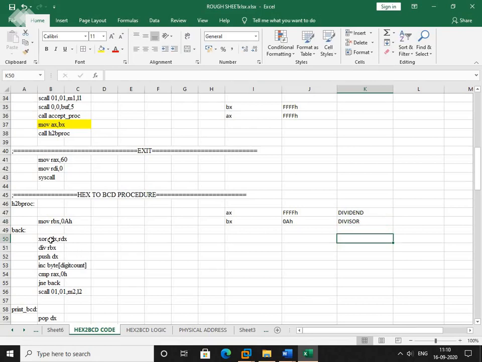Then next, in the DX we will be getting a remainder. So right now we have XOR the content of RDX with RDX. That means we have made this content of RDX 0. You can here write move RDX comma 0. When we XOR the same content, then we will get 0, right? So therefore the DX is 00H.